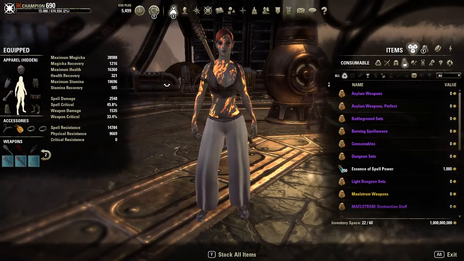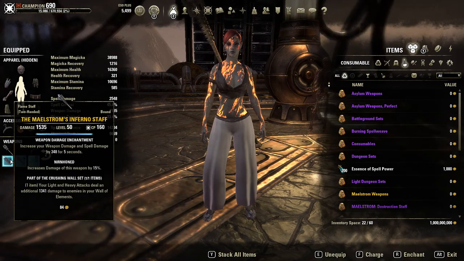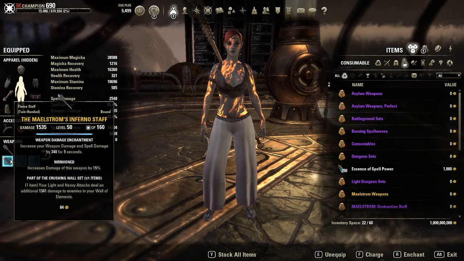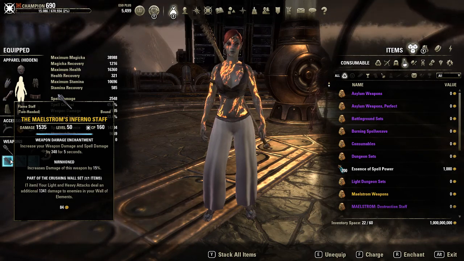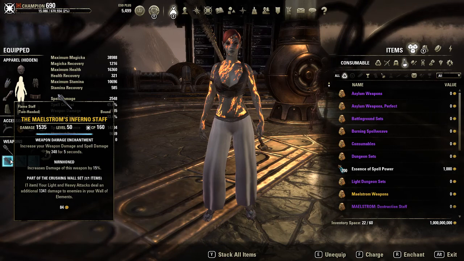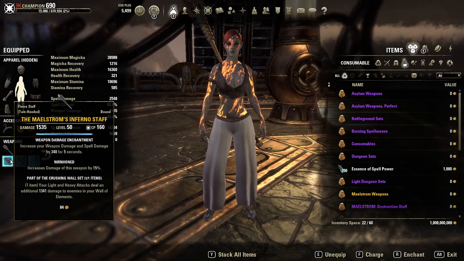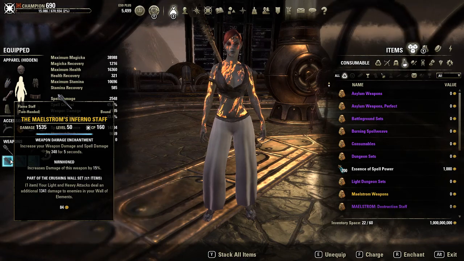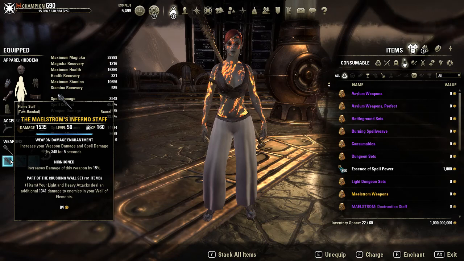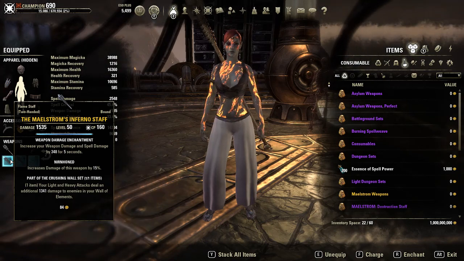Now, there is some discussion out there among the theory crafters as to whether Magicka DK should run a Maelstrom Inferno Staff on the back bar or a Maelstrom Lightning Staff on the back bar. And the toss-up is kind of, it depends. If you are running in a very Magicka heavy group and your trial group, for example, if you have 5 or 6 Magicka DPS, it's a very good chance that they are all running Lightning Walls. So you can afford to be